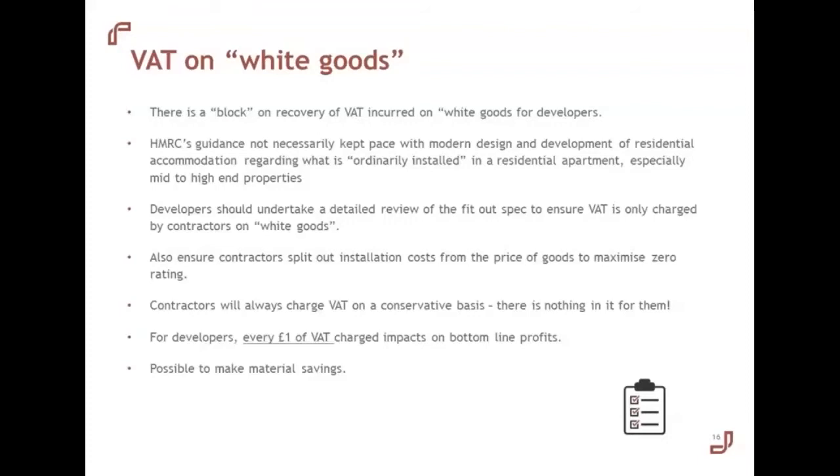And importantly, splitting out installation costs, because installation costs of white goods for new build residential also benefit from zero rating, or indeed in conversions where the 5% reduced rate applies, can benefit from 5%. So it's very important that any developers of new build resi look at the spec, identify correctly the items that fall under white goods or do not, and have a discussion with the contractors